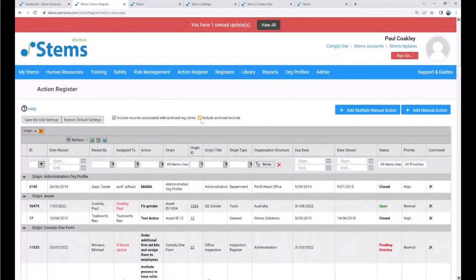All right, so, finally, this other tick box I forgot to mention, include archived records. So that's a good feature. Also, if you're looking for a record, you think you cannot find it, or you think that STEMS has lost it, which I guarantee